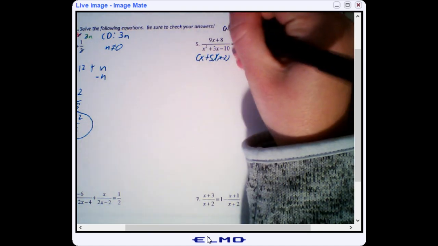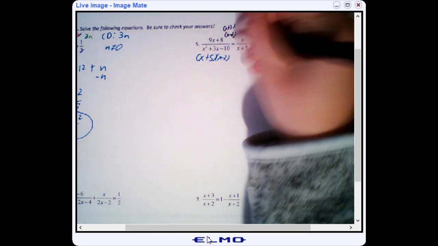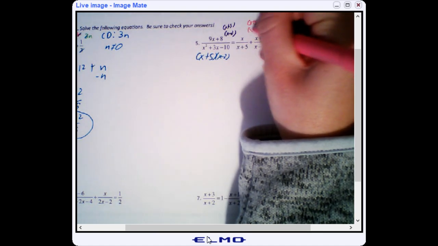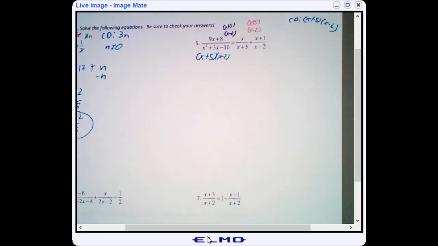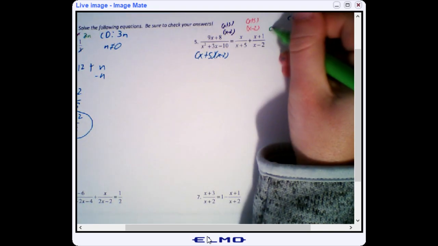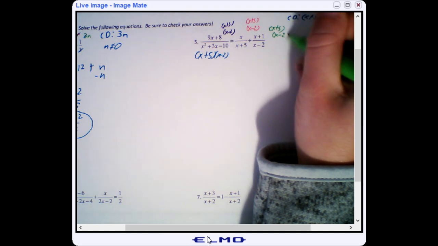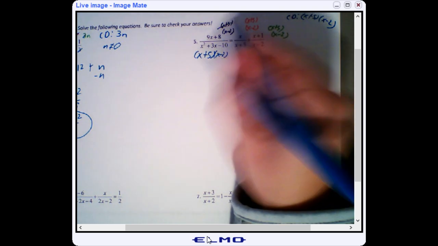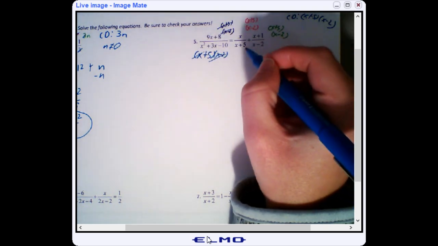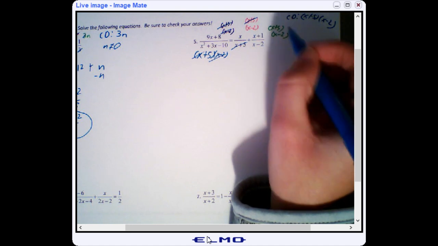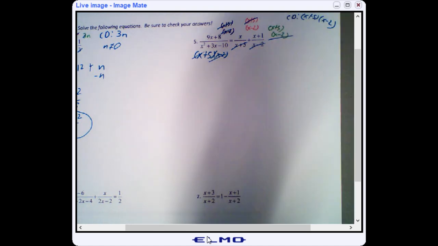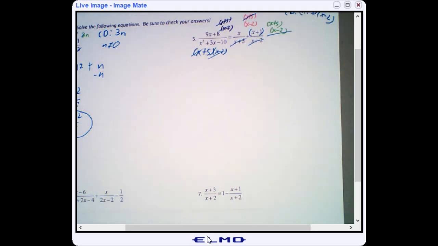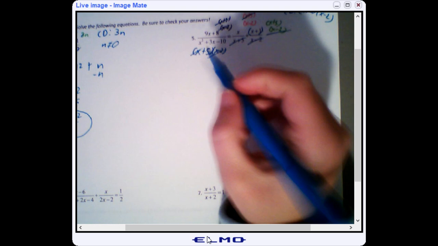So x plus 5, x minus 2. x plus 5, x minus 2, and then x plus 5 and x minus 2. I'm doing this so I can cross things out. So in this first one, they both match. From the middle, the x plus 5 and x plus 5 match, and the last is the x minus 2's. Remember, this technically has parentheses around it. So I'm going to get just 9x plus 8